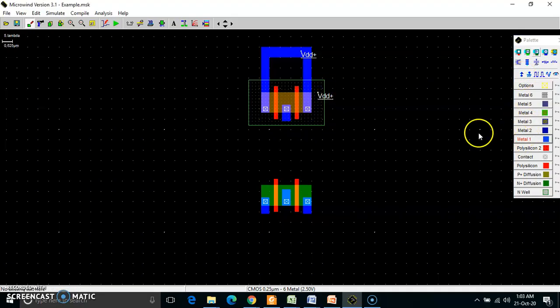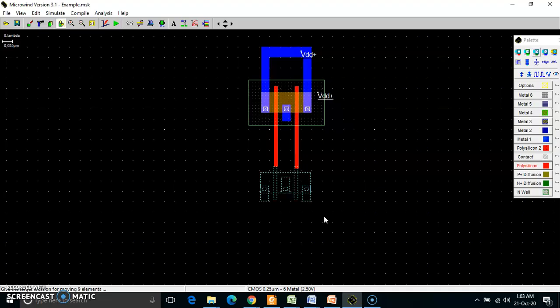Now what I need to do? I need to connect these two inputs, that is the gates: the first polysilicon gate and the second polysilicon gate, to A and B. So I need to again select the polysilicon and stretch it down. Align it properly so that there will not be any zigzag over here. So I have aligned it. Now I am taking this tool, that is move, stretch, and I am trying to align this so that there will not be any zigzag. So now this is aligned properly.